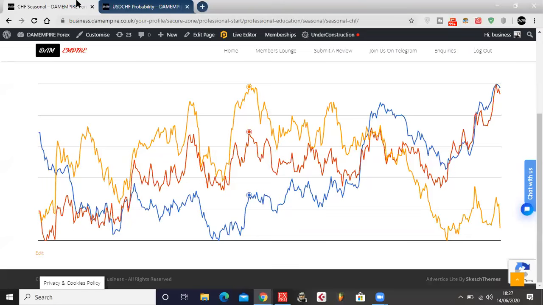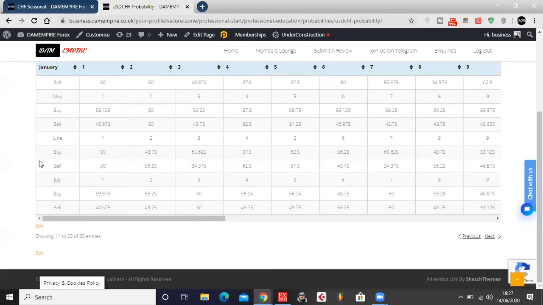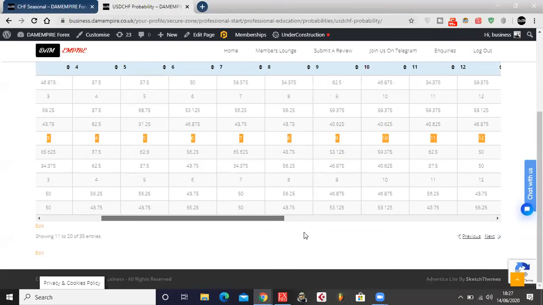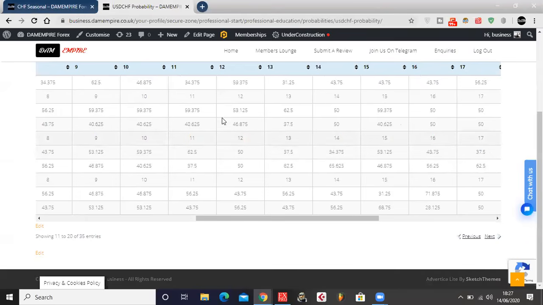And to back the claim up, we're going to go to the probabilities for a second and look at the USD CHF probability for June, which, if I'm not mistaken, should be 10 trading days, 11. The 12th trading day, which is the 16th, is where I'm looking to go in. So if we go to the 16th, that's the 12th trading day right here. It gives me a possibility of 50-50, but look at the 17th, which is the 13th trading day,